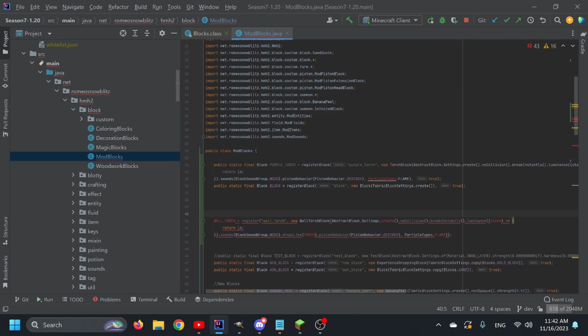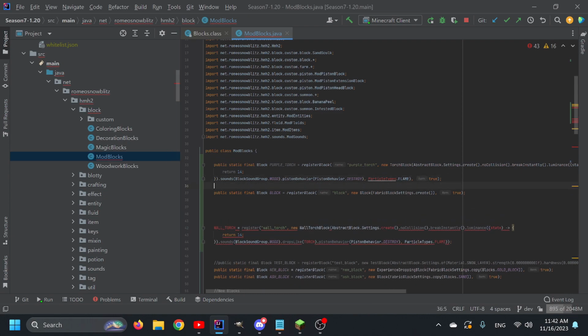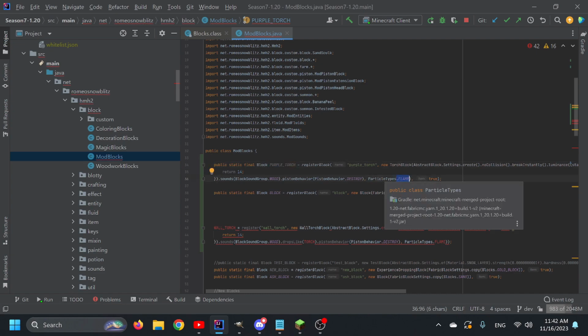And then it says all you have to do now is add the particle types, and this is what I was talking about. I'm going to have a purple torch with a Minecraft orange flame, and that's why we're going to have to make a custom particle. If you don't want a particle at all, you're still going to have to make a custom particle and make that custom particle absolutely nothing. Or actually, if you want to get even more complicated, if you really wanted to,